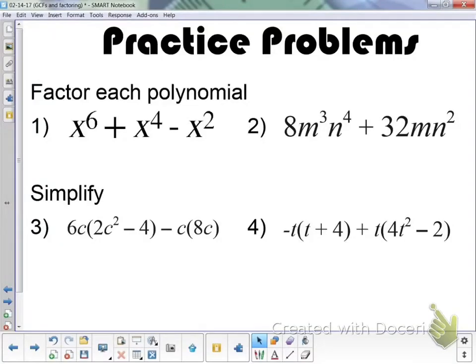Hey guys, this is going to be a quick video just going over how to factor out a GCF from a polynomial and then writing down what you are left with to get your final factored answer. So to begin, you will notice in the first problem it says x to the sixth plus x to the fourth minus x squared. What we need to do is remove from all three of those terms the greatest common